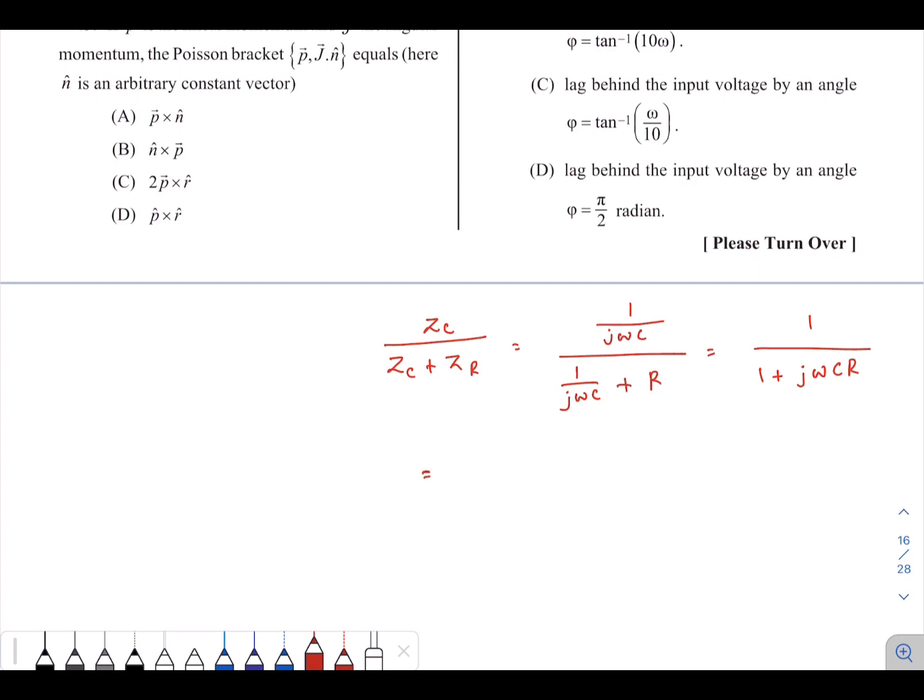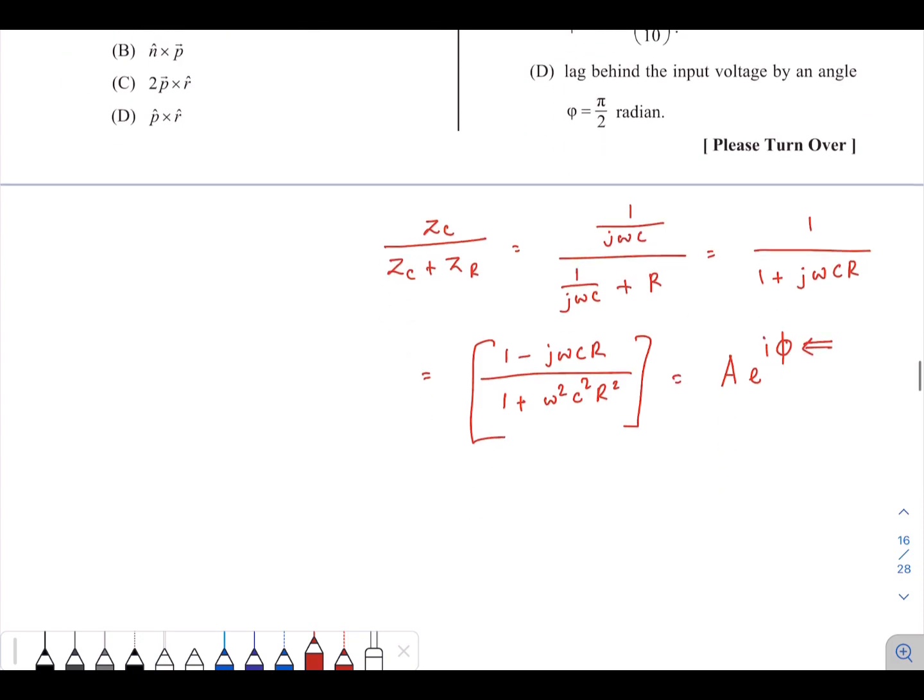Now this is equal to 1 minus j omega C R divided by 1 plus omega square C square R square. So we can write this quantity in polar coordinate as a e to the power i phi. We need the phase factor here. The phase factor is equal to tan inverse of minus omega CR. Now we use the value of CR and this is equal to